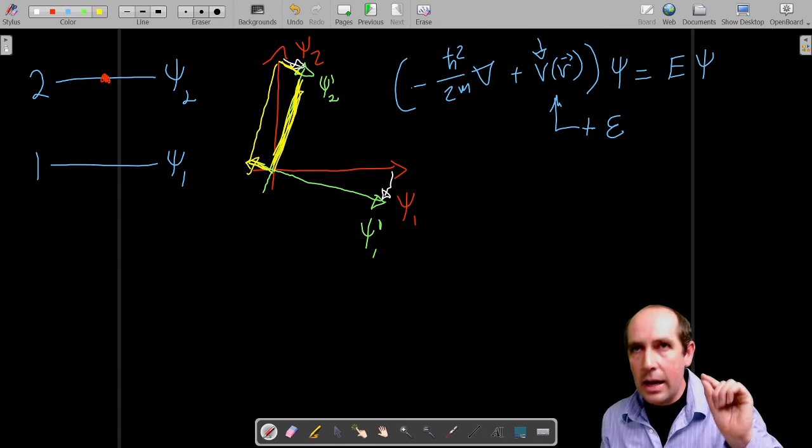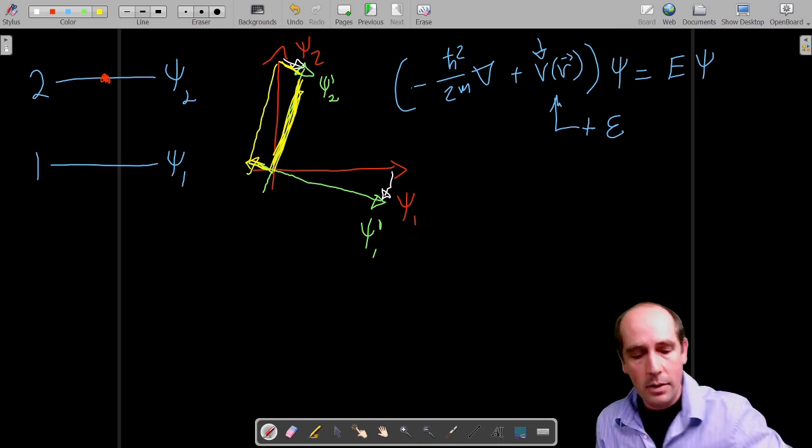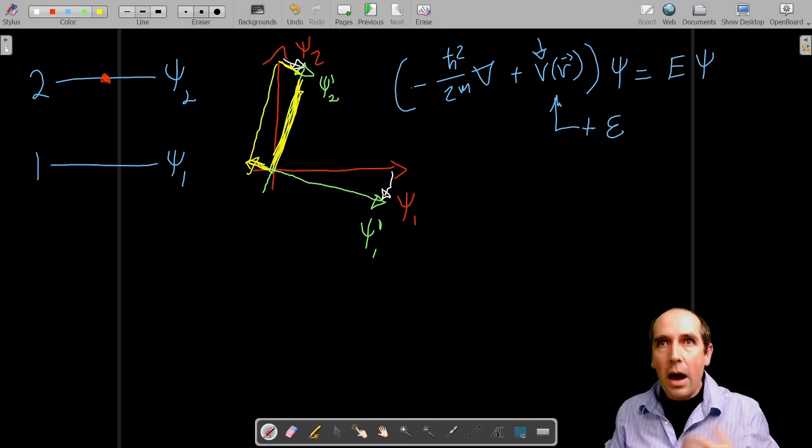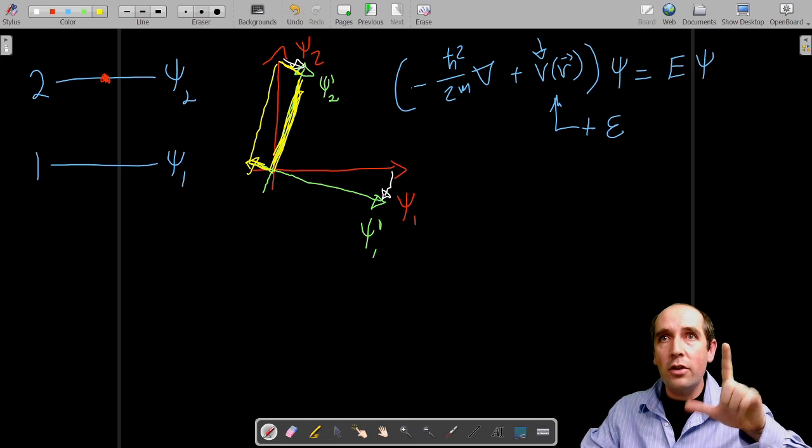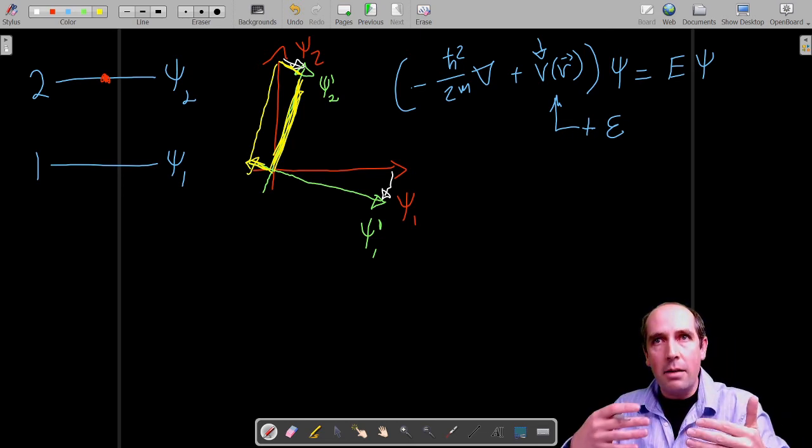However, there is a tiny probability of finding the system in state psi1 prime, okay? And this means that now the transition is possible. It's still unlikely, but it's possible. However, this is fluctuating all the time. So with time, eventually,